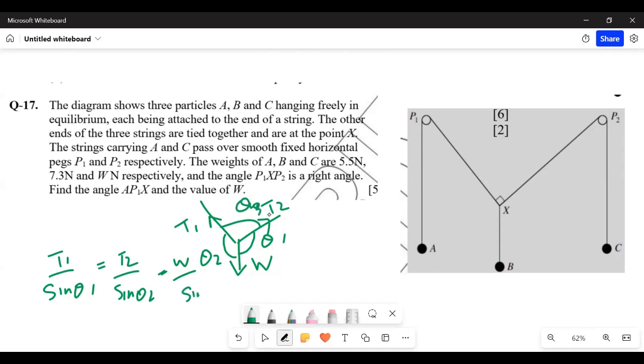So weight over sine theta 3. दैट इज लेमीज थ्योरम। इसका फायदा ये होता है कि आपकी बहुत ज्यादा वर्किंग बच जाती है, वरना तो आपने हर फोर्स को इधर रिजॉल्व करना है। ये इसका वर्टिकल पार्ट है, ये इसका हॉरिजॉन्टल पार्ट है, दूसरे का भी ये वर्टिकल पार्ट है, ये हॉरिजॉन्टल पार्ट है, और फिर उसको इक्वेट करना होता है। एंगल्स चाहिए होंगे इधर। फिर वो तो लेमीज थ्योरम के लिए भी एंगल चाहिए होंगे, बट लेमीज थ्योरम मेक्स योर वर्किंग अ लॉट इजियर, सो इट्स एप्लीकेबल, इट्स बेटर टू अप्लाई इट। Okay, but it only works when you have three forces acting on a point. अब इधर एक और फोर्स आ जाती तो फिर लेमीज थ्योरम नहीं अप्लाई होता, क्योंकि फिर फोर फोर्सेस हो जाती।